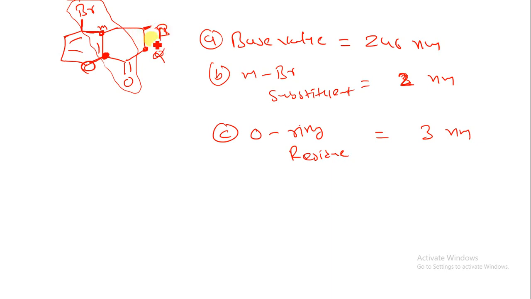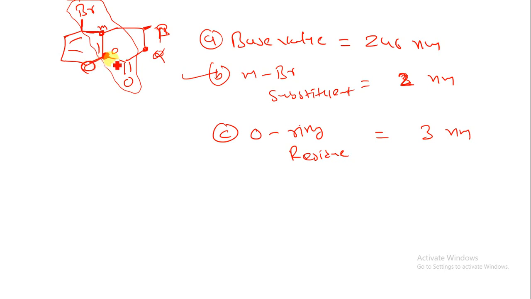We are not having any ring system, so we can say the alpha and beta, but there is no double bond over here. So if I consider this as a system, what will happen? This is my ortho position, this is my meta position. In meta position we are having a Br group, so I have written down over here meta position. In ortho position I am having this as a ring residue.